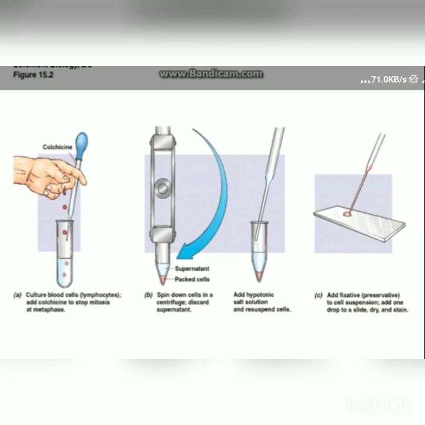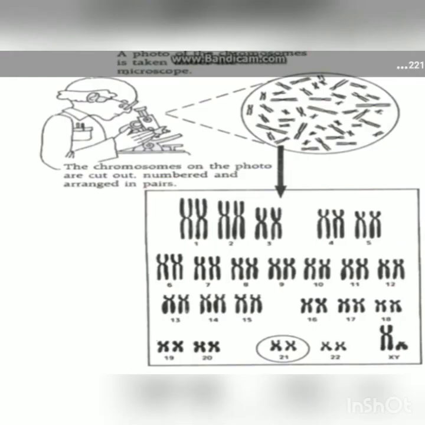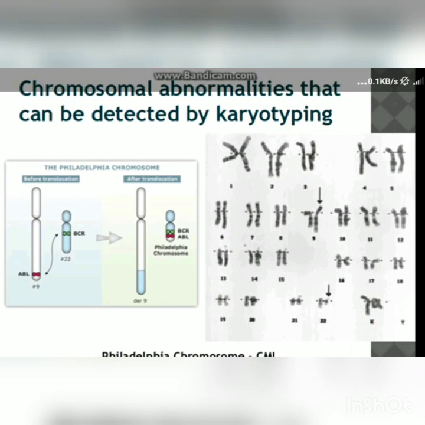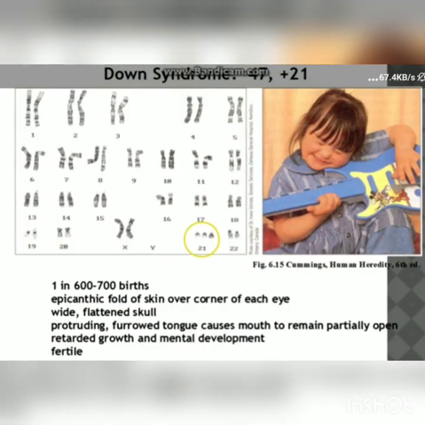So this is a procedure that is again given. How do we do the procedure in the lab? And this is a picture, an illustration showing you the male and female normal karyotype. Abnormalities, I want to show you two or three examples. It is an example where you can see the translocation process. It is a very important abnormality. You must have heard about the Philadelphia chromosome. Here the translocation has occurred between the 9th and the 22nd chromosome, which can be detected through karyotype studies very easily. Second is Down syndrome, trisomy of the 21st chromosome, that we have already done earlier also. Karyotype is a very important technique to view these kinds of defects.